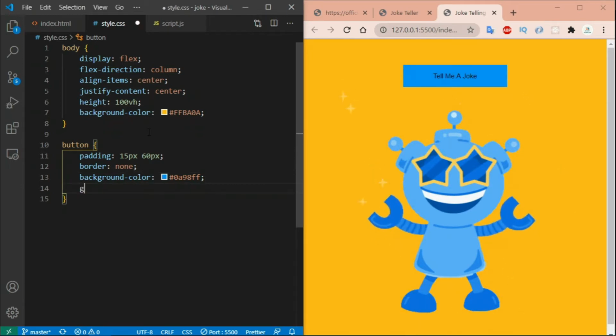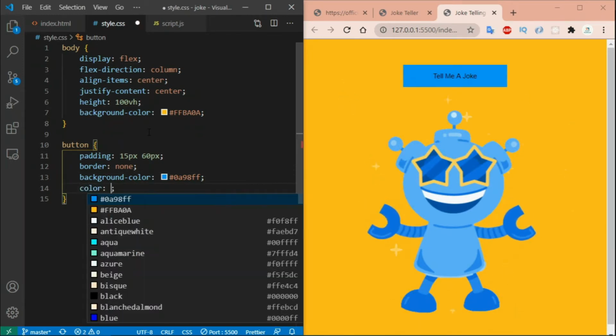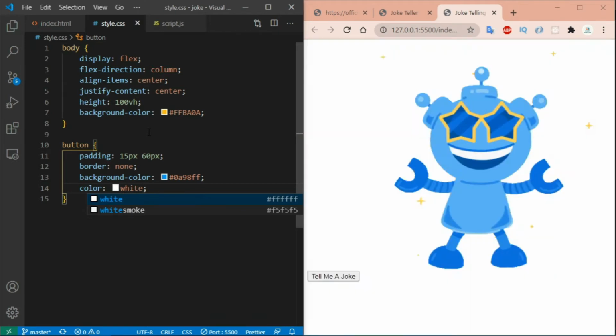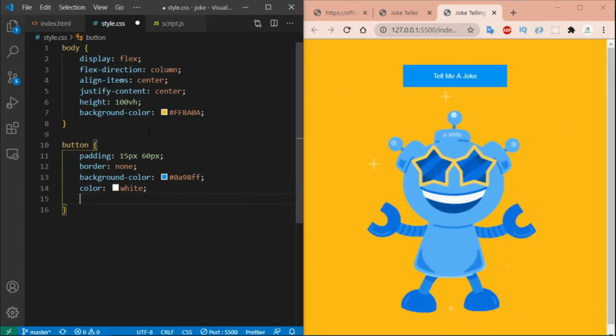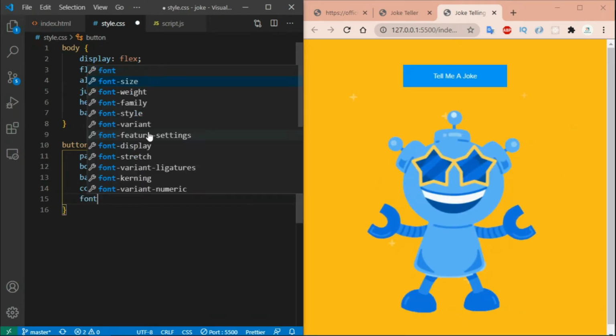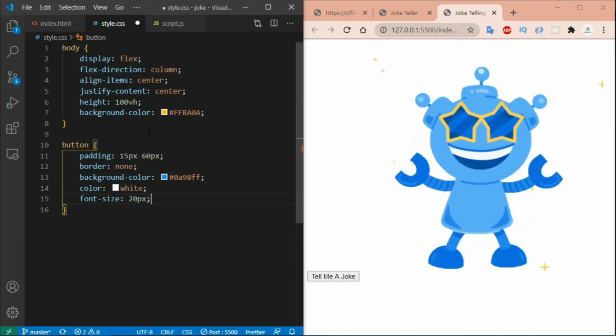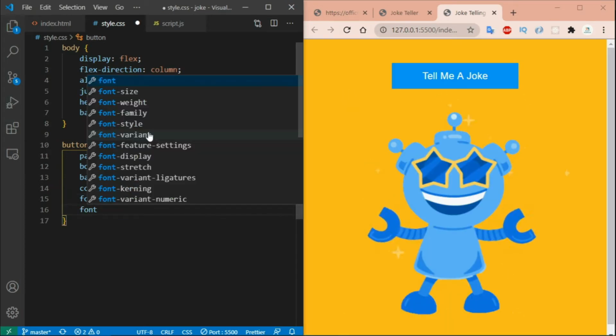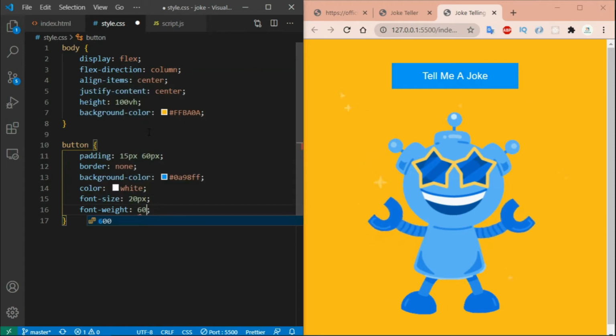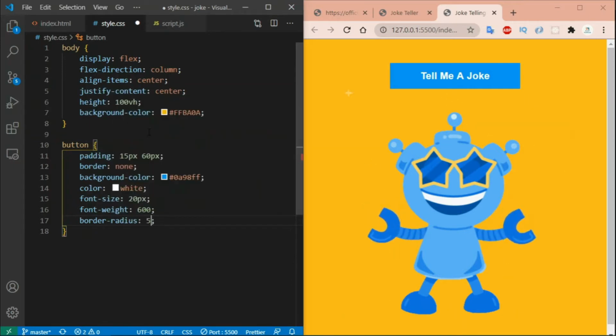Give it a color white like this, and give a font size of 20 pixels and font weight to 600. Now give a border radius of 5 pixels so the corner of the button becomes rounded like this.